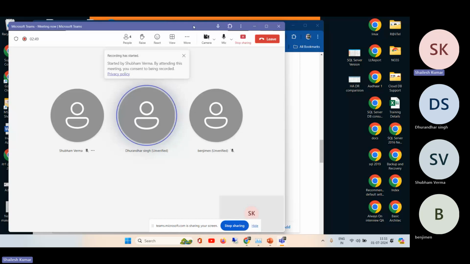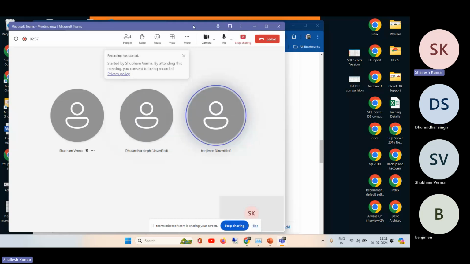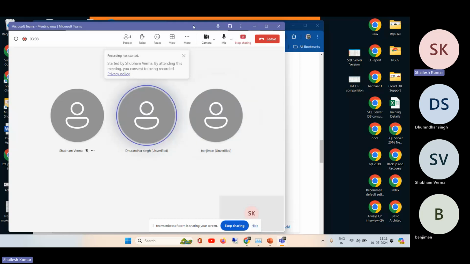We will discuss any topic or question after the session. In between we can, but it's better to do question and answer at the end of the session, topic wise. If you face any issues in the cloud, any HADR or performance tuning, we can check them one by one.